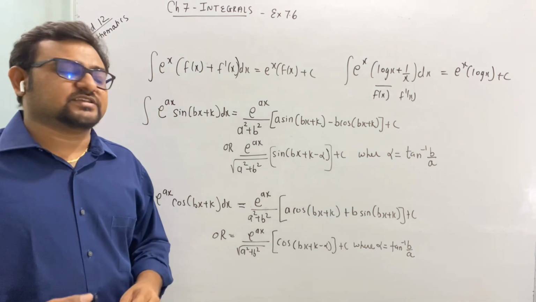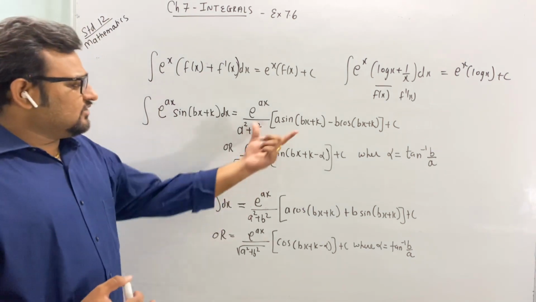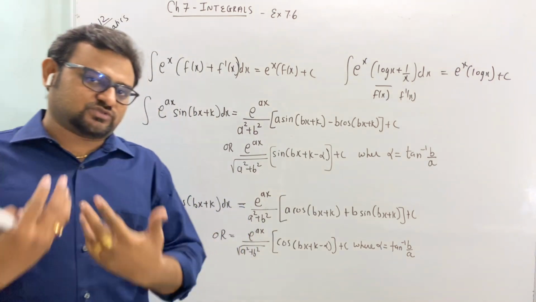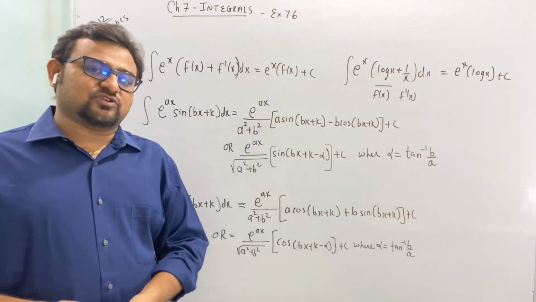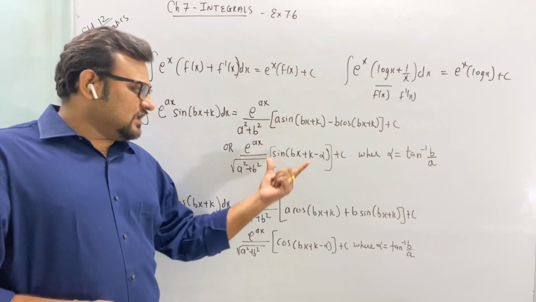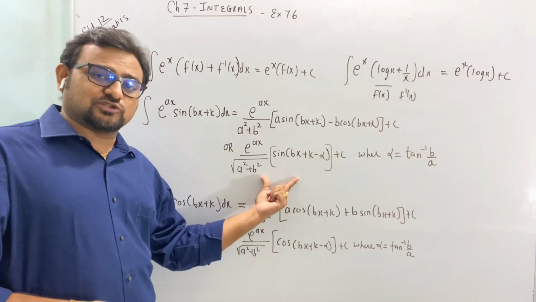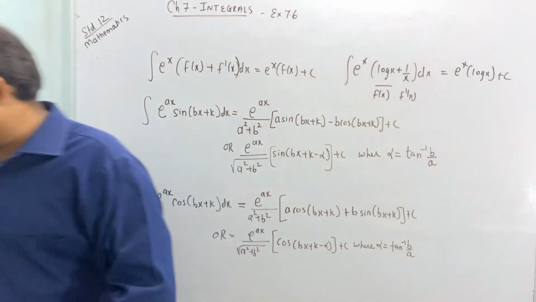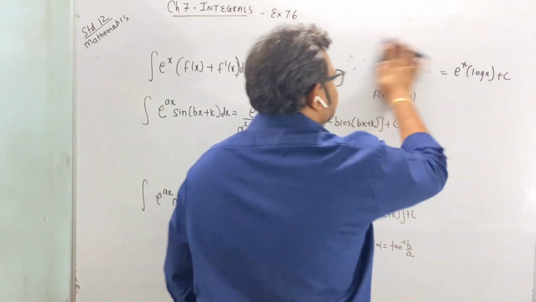In a descriptive theoretical question, if you write the solution like this, it's okay. But if there are MCQs, and there is not a single option like this, then this other form may also be present there. So you can use this or this formula. Let me explain with an example.